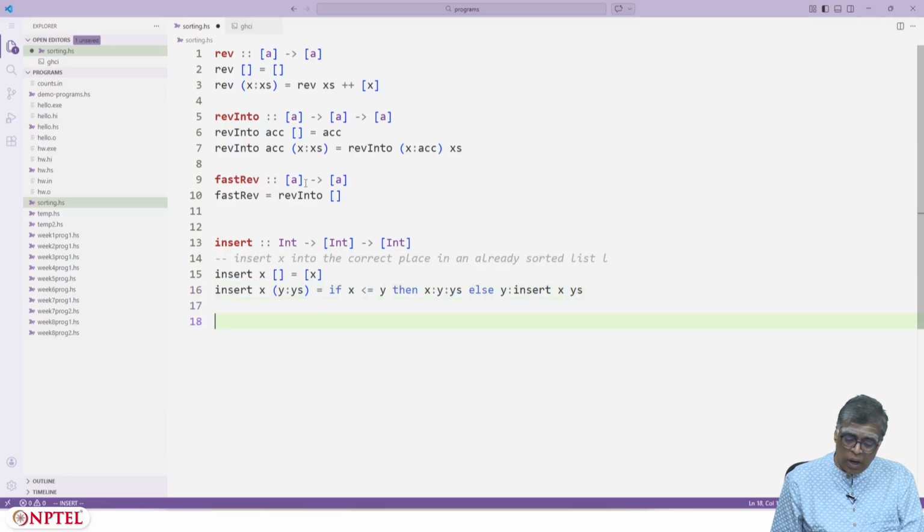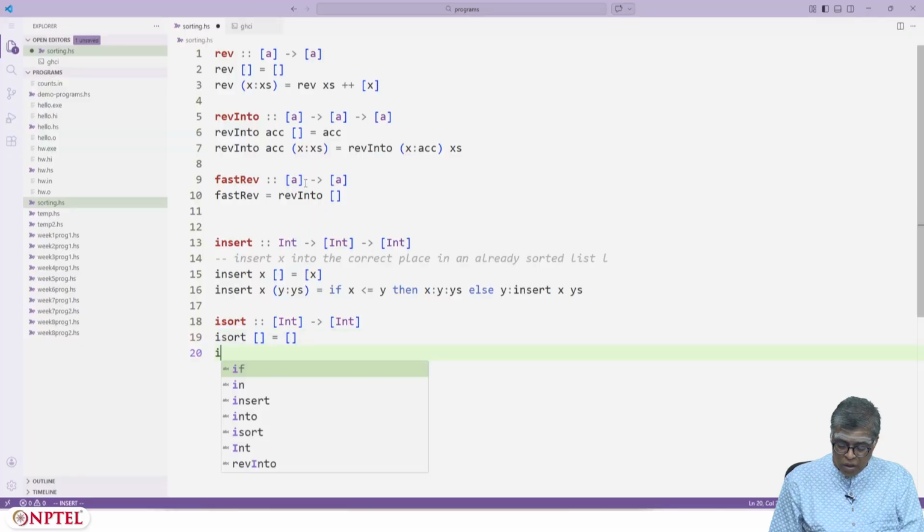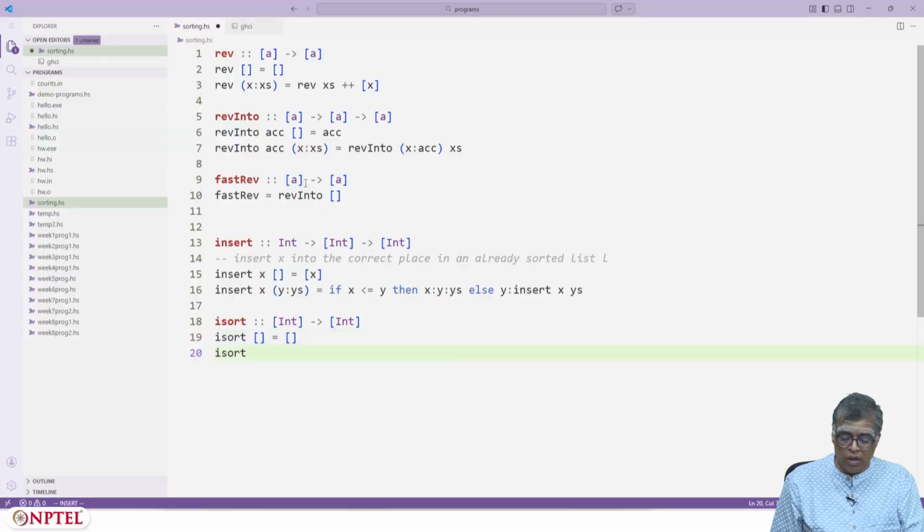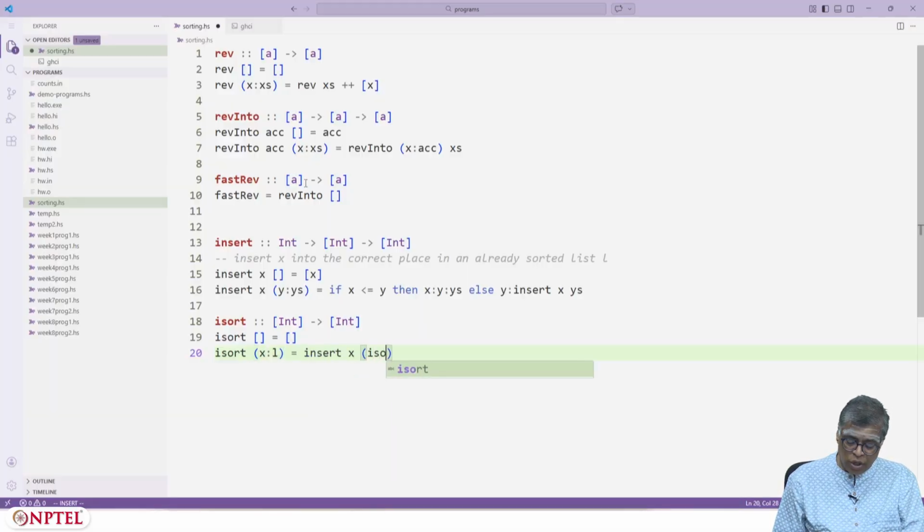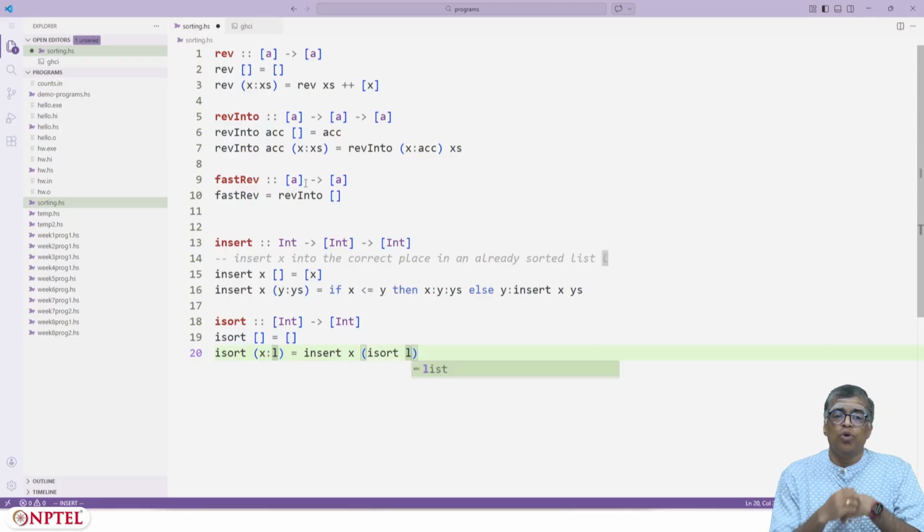Okay, and insertion sort is nothing but saying isort of the empty list is the empty list. isort of x followed by xs, x followed by L let us say, is insert x into isort of L. Okay, you first sort the tail.